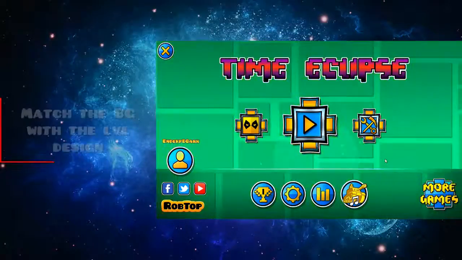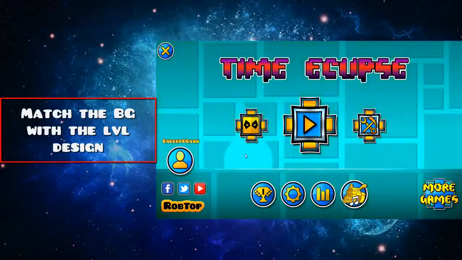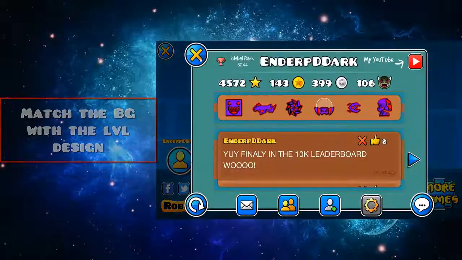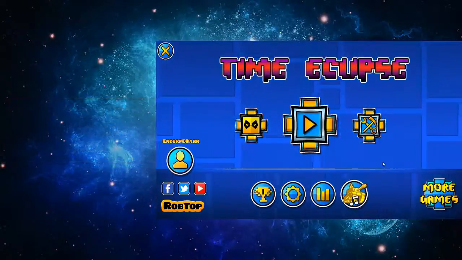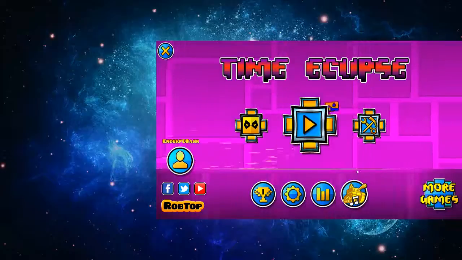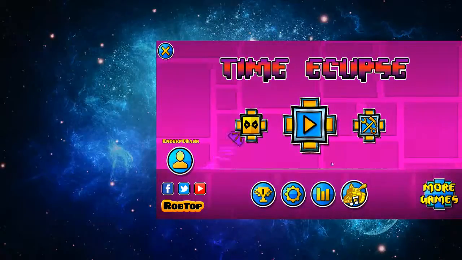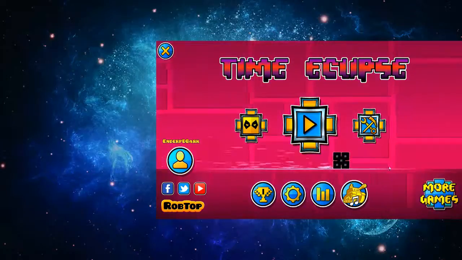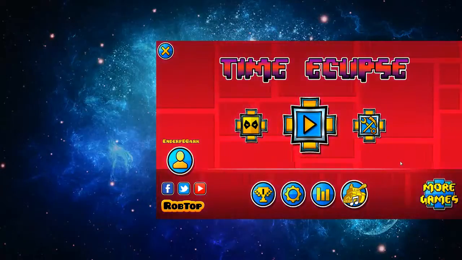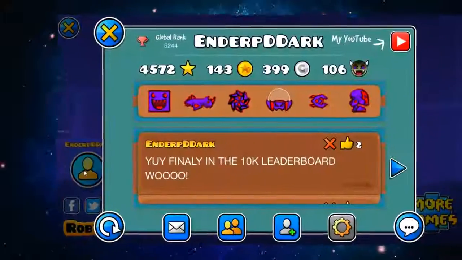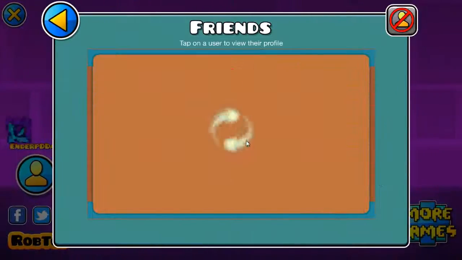And the last thing is that the custom background has to match the design of the level. So you can't put, for example, a brick styled custom background with a robotic styled level. That screws everything up. So be sure to follow these 5 pieces of advice, and now let's get started with the first